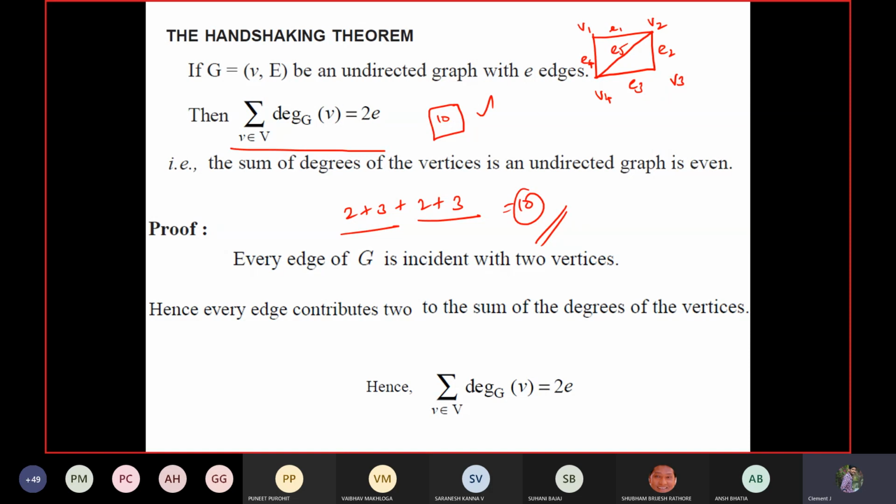You may raise a question: sir, will it be applied if the graph has a self loop? Yes, certainly true. I can consider one self loop between V1 and V1, which I can call E6. So now, can you try to say the answer for this? What is the 2E here? 12. So here, what is the degree of V1? 4. Very good.